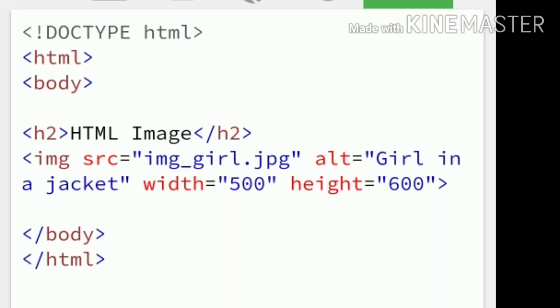Then go for another image tag. Another tag, that is an image src equal to.